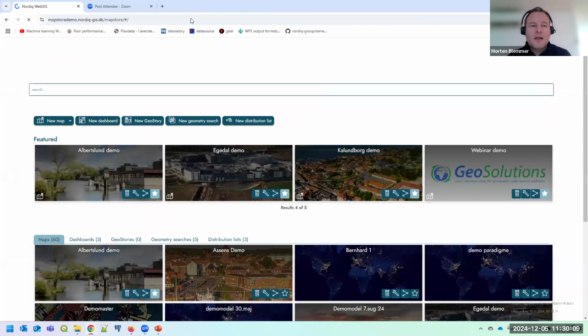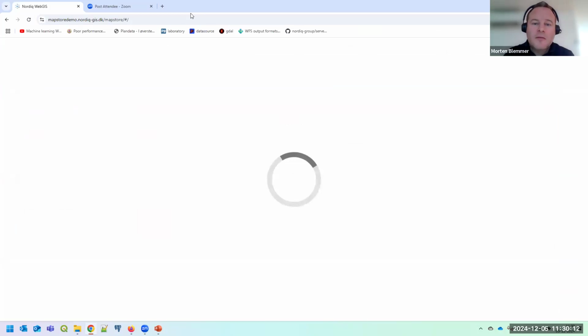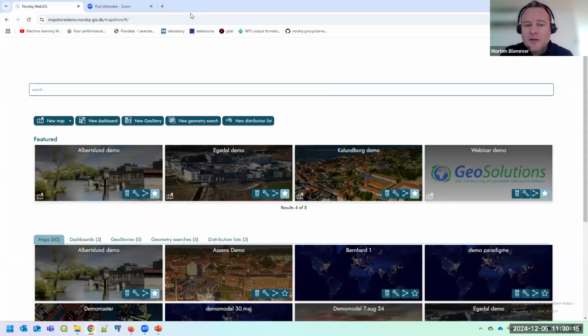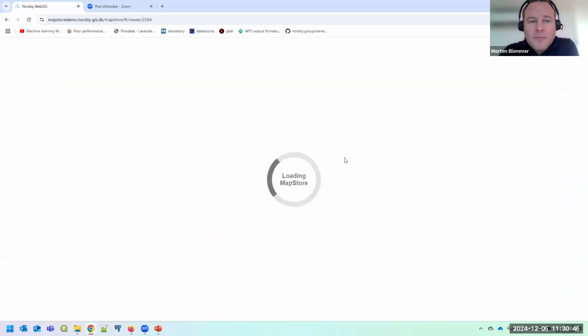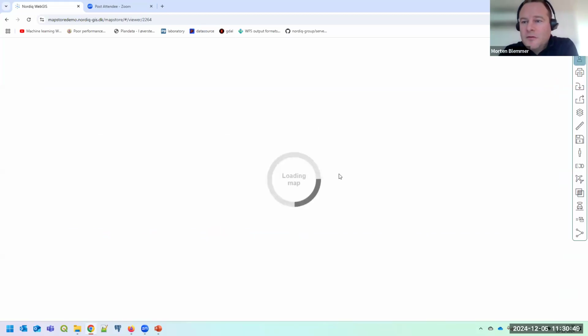So this is our demo site, and it's not publicly available at the moment, but I'm logged in as an administrator, as you can see. The first thing, if you know MapStore beforehand, you will notice is that the look and feel is a little different. We have spent a lot of time doing a different layout and using the theming capabilities as Tobias mentioned earlier. We have also added some new buttons like new geometry search, and that's the one that we're going to look at right now. So I will just go into the map that I have created for this webinar and go through the things that we just saw in the